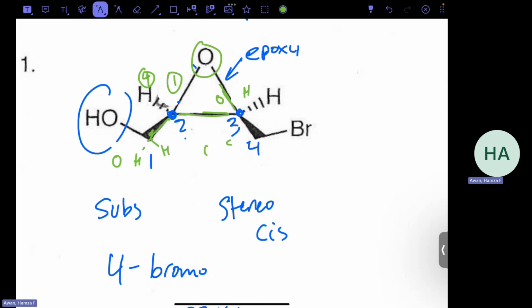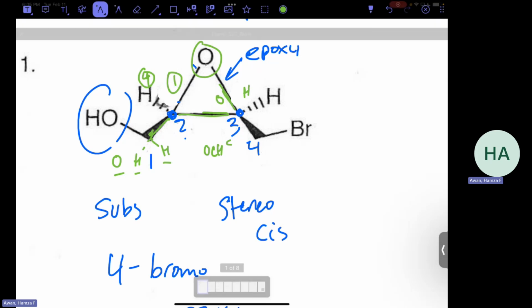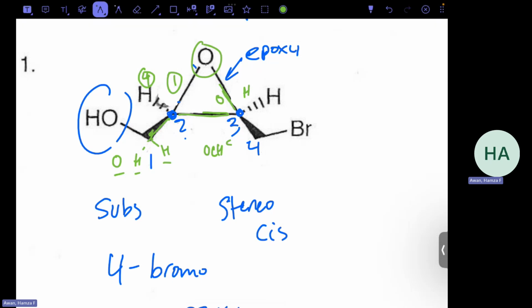So it's O, C, H, right? And we look at the first spot of difference, right? The one on the left, carbon 1, is attached to OH and H, while the one on the right, carbon 3, is attached to OC and H. OC and H is going to be a bigger group, right? So we're going to label that as number 2, and